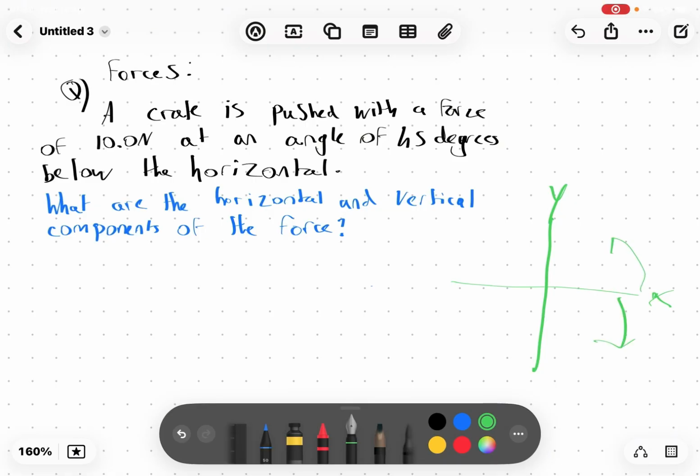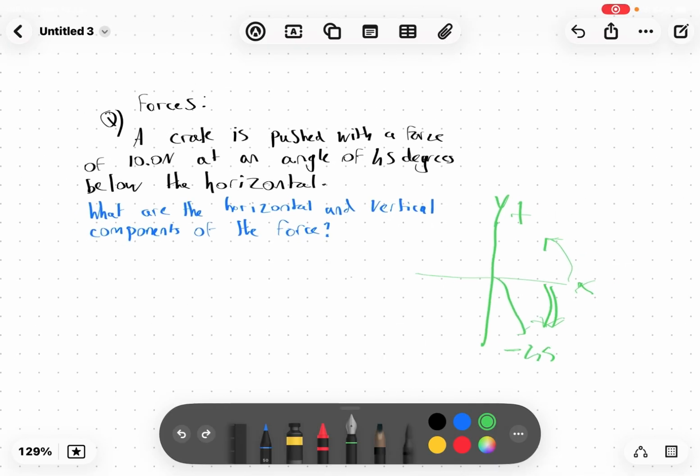As we know, if it's going this way, the angle is positive. However, because it's below the horizontal, that means the 45 is a negative 45. And if you are confused, like, how do I know, what's the wording in the question, all that type of stuff. And in general, if it says minus 45, why does it say positive 45 here? I will explain it right now, guys. So look,